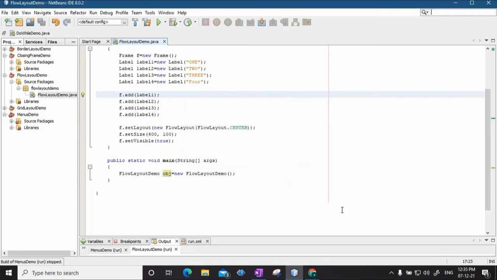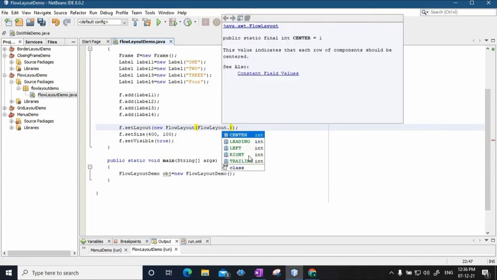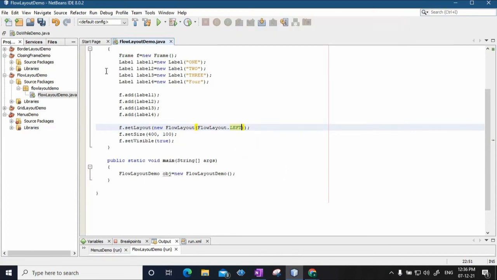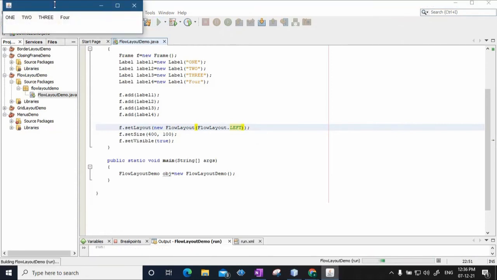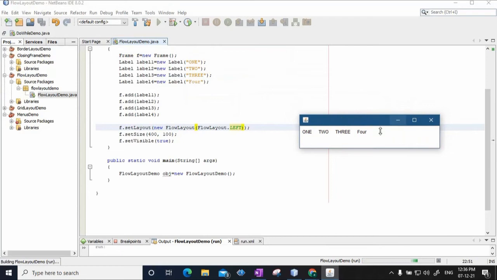Now I will use some other option. Suppose I use the second static field, FlowLayout.LEFT. I save and I run. Now you can see on the frame the labels that you added, the FlowLayout will arrange them with left alignment, left with respect to the 0, 0 of this particular frame.